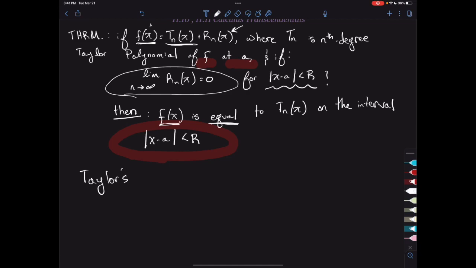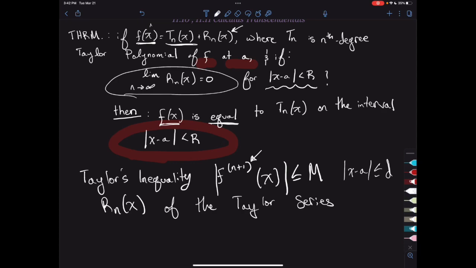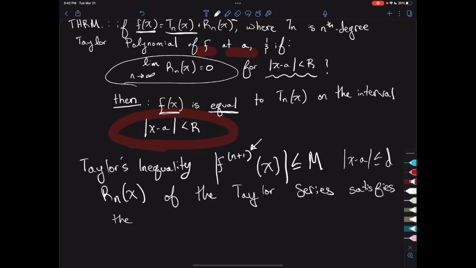Taylor's inequality states that if we take the derivative of a function, and if we take the absolute value of it such that it's less than or equal to M on an interval where x is just hanging out on that interval and is less than or equal to d, then the remainder Rn of x of the Taylor series satisfies the inequality, Taylor's inequality,